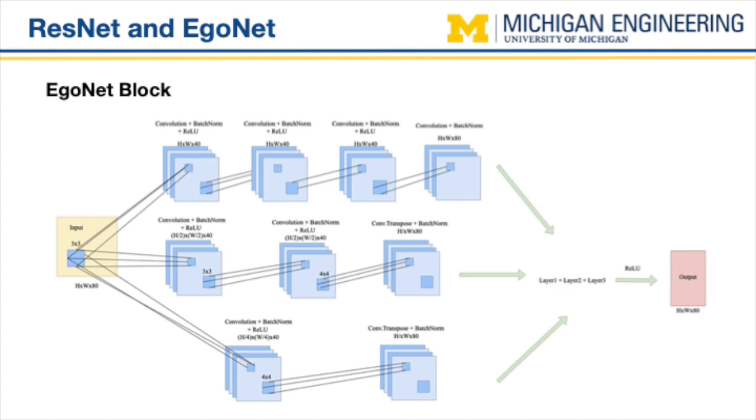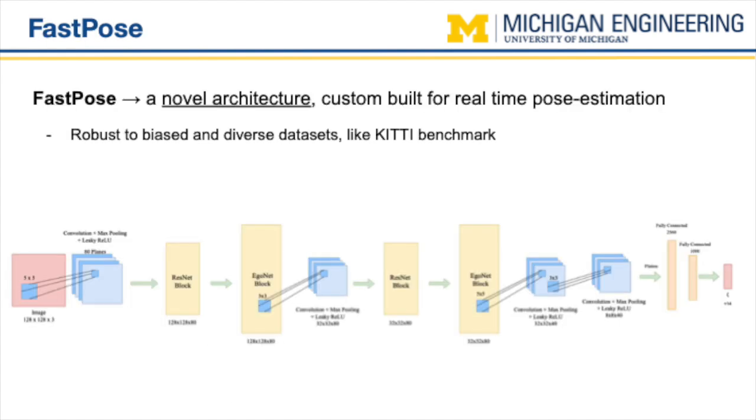This includes convolutions at 3 different layers, each being a different downsampled version of the input image. At the end of the block, the outputs of these 3 layers are summed together. And this is the network architecture for the fast pose model, which does the pose estimation. It is fed a 128 by 128 input image of a vehicle and includes a series of convolutions, ResNet blocks, and EgoNet blocks, where that output is flattened and is fed into 2 fully connected layers. The end result is mapped to the 14 bins. The softmax of this output is taken, and the highest value is what the model outputs as the pose of